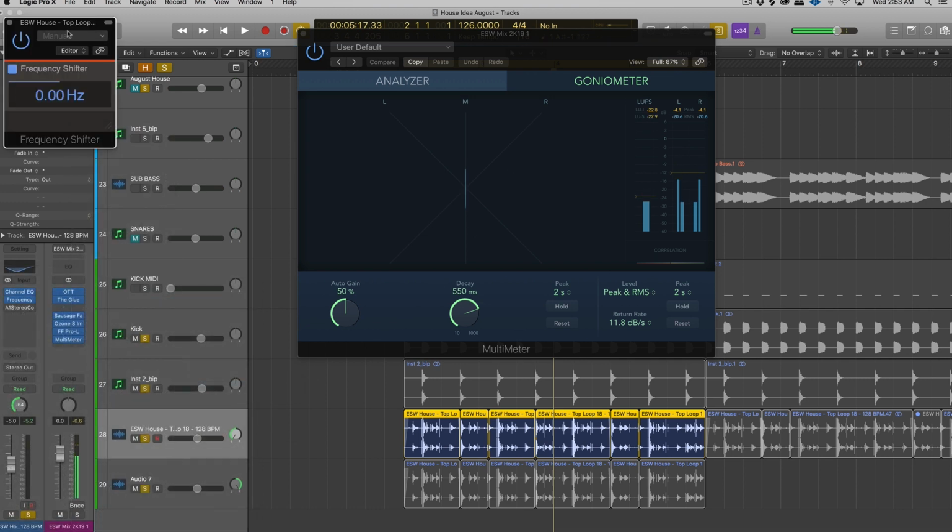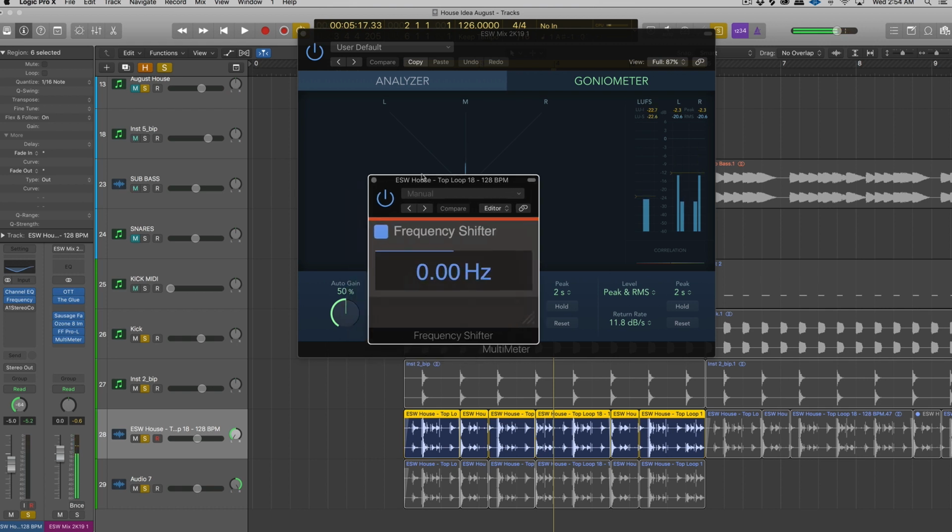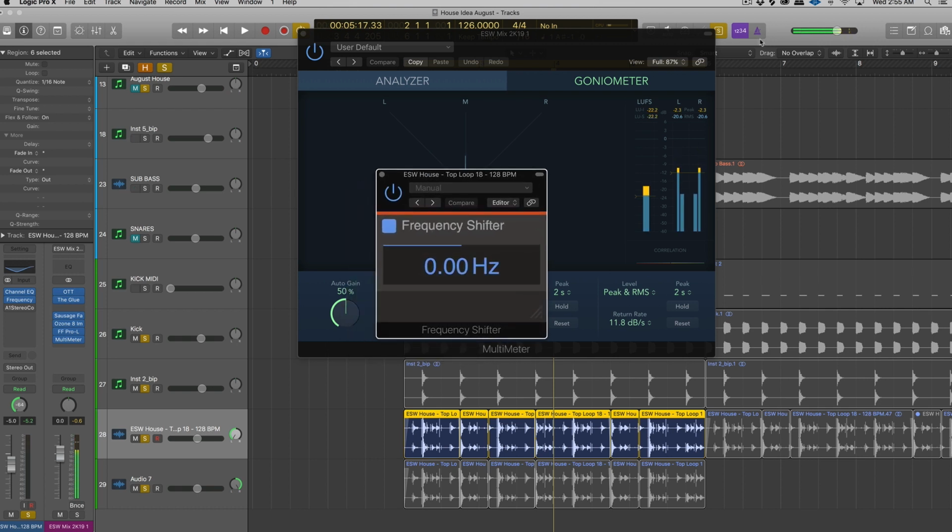It is a ridiculously simple plugin, which is nice when you're working with a frequency shifter. This is probably true with most frequency shifters. If you're a little bit unclear of what they're doing, as opposed to a pitch shifter, a frequency shifter is going to either raise or lower the frequency of the incoming signal. So it's not working in the same domain as a pitch shifter. If I turn this on and start to crank this up, you'll see that it works in hertz values. So if I crank this way up, like 800 hertz,